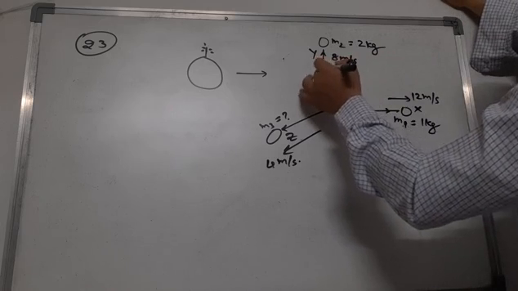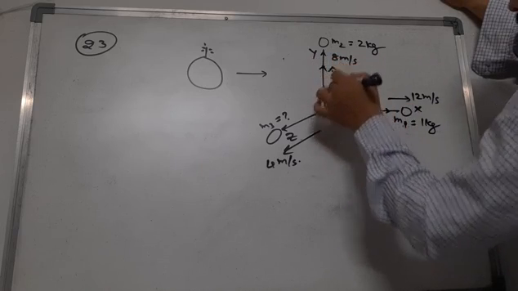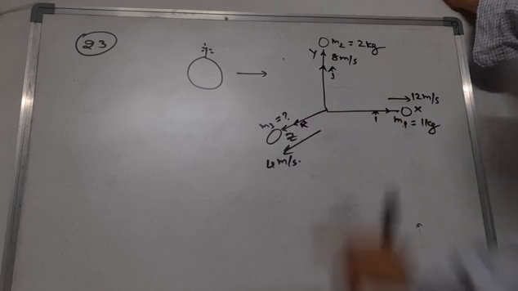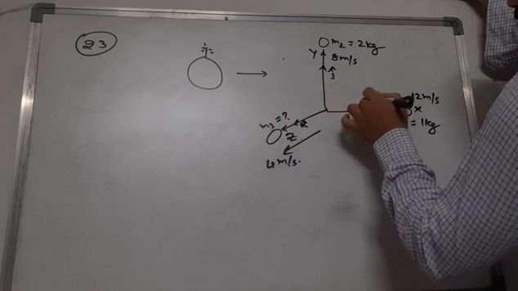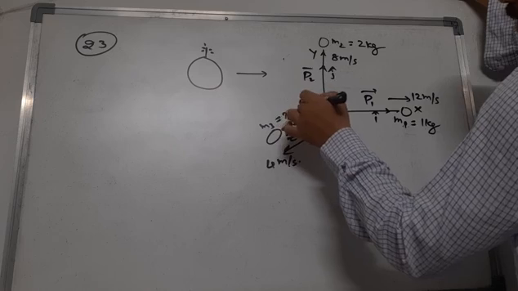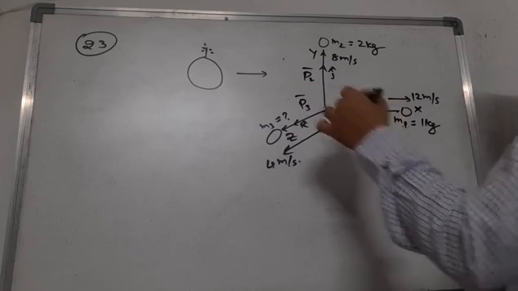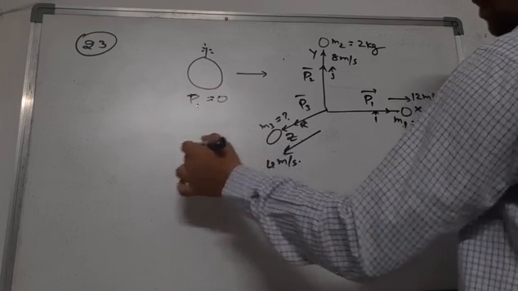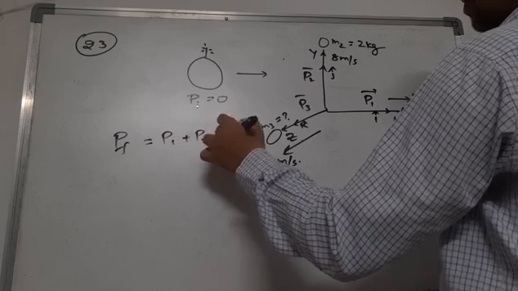So this is the momentum. Momentum is a vector quantity. So i cap, j cap and k cap are the unit vectors along x, y, z. So here P1 is the momentum along x-axis, P2 is the momentum along y-axis, and P3 is the momentum along z-axis. So here what we have to find is total momentum, initial momentum is equal to 0 actually. This is initial momentum. So what is the final momentum? Final momentum is P1 plus P2 plus P3.